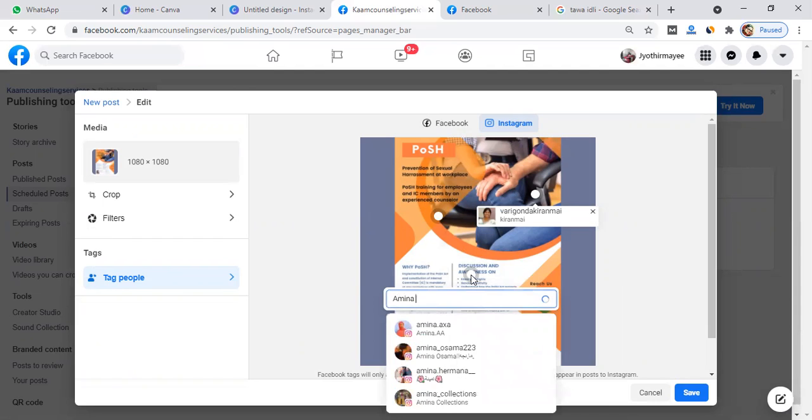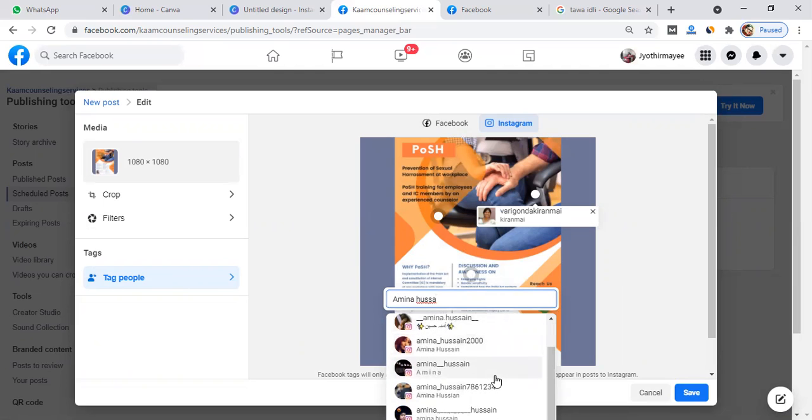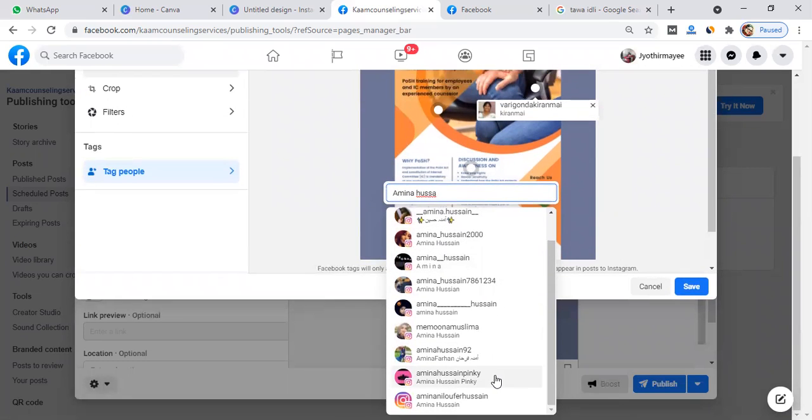Amina ji. It is showing many people named Amina, but we don't know which is Amina ji's. Amina Nilofer Hussain, maybe this is Amina ji's. I don't know, but I'm tagging this one.